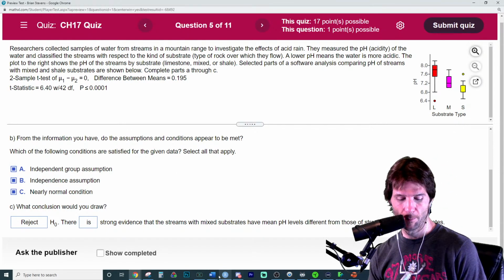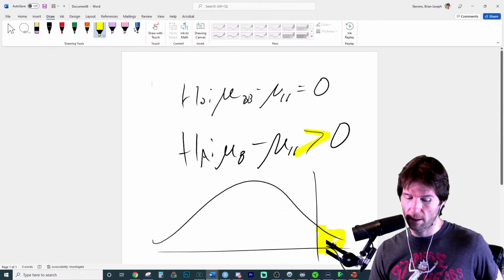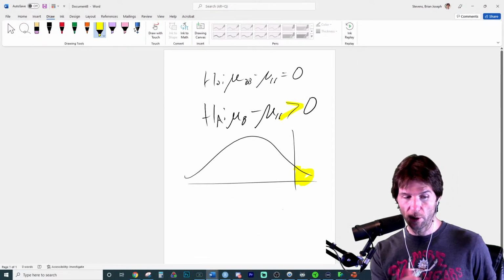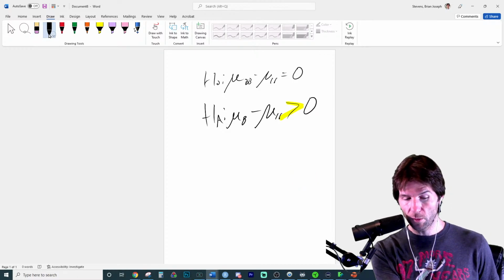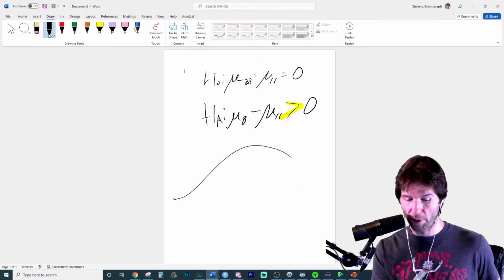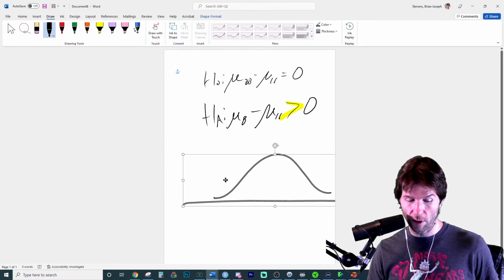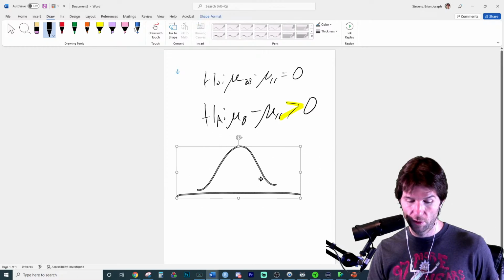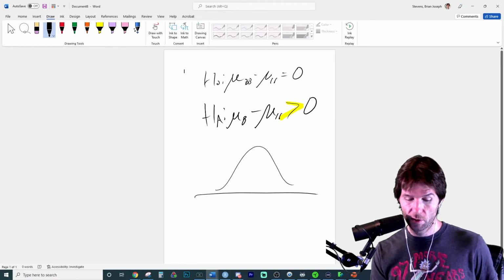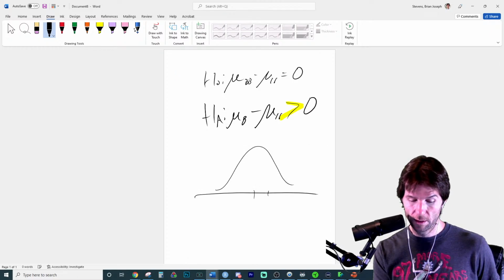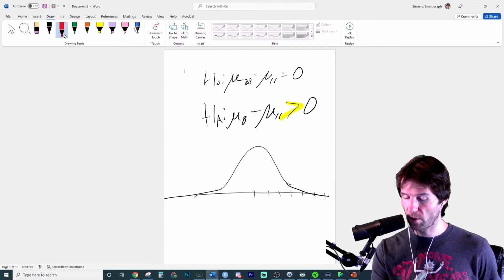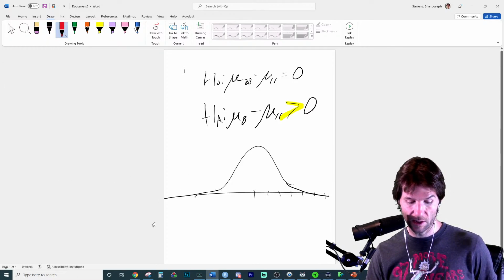So if we drew this out right here, what it would look like is we'd actually have to zoom out a little bit and draw our curves smaller. Generally, T and Z curves only show to about 3, so I really do have to zoom out on this. When you look at your T and your Z curve, you generally only draw to about 3. So you'd go here and go 1, 2, 3, 4, 5, 6, and the curve should be really down here by this point. So our result is all the way over here. I think it was at like 6 or something, or 5.